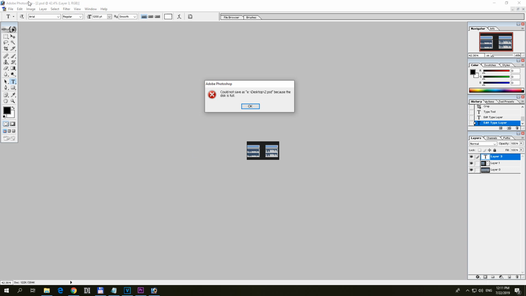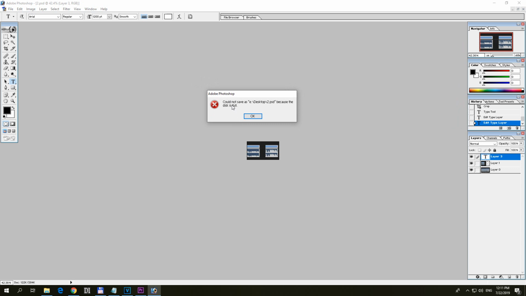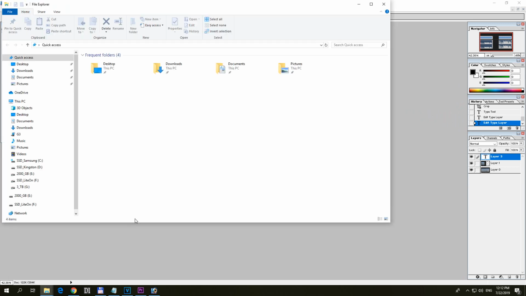Here's Adobe Photoshop version 7 and it cannot save the file. Could not save that certain file because the disk is full. Well, the problem is not with the free space of the disk but the size of the disk. So if I open a File Explorer window, my desktop is on a large 2 terabyte drive, and